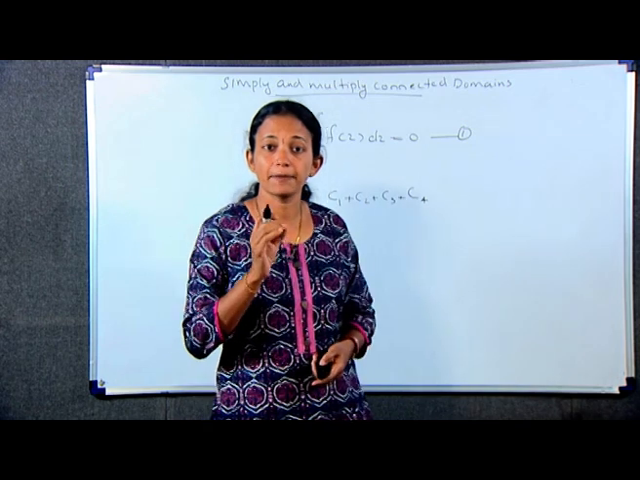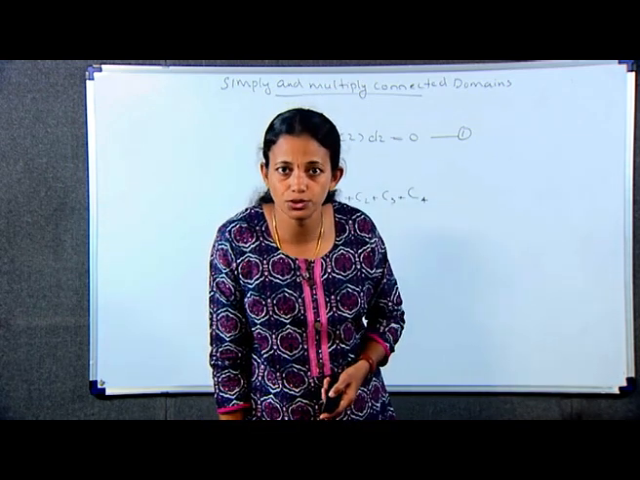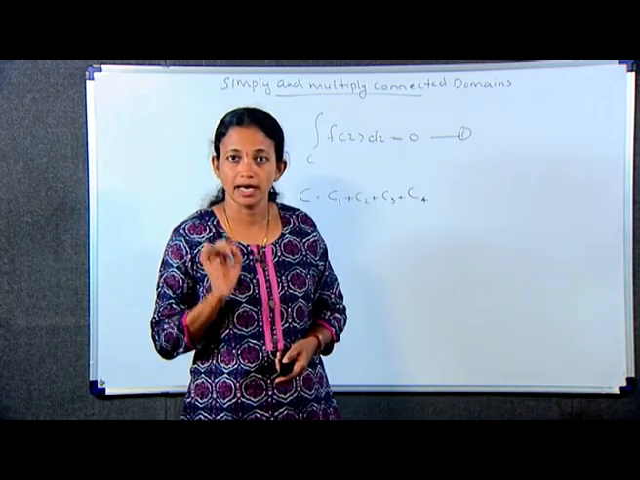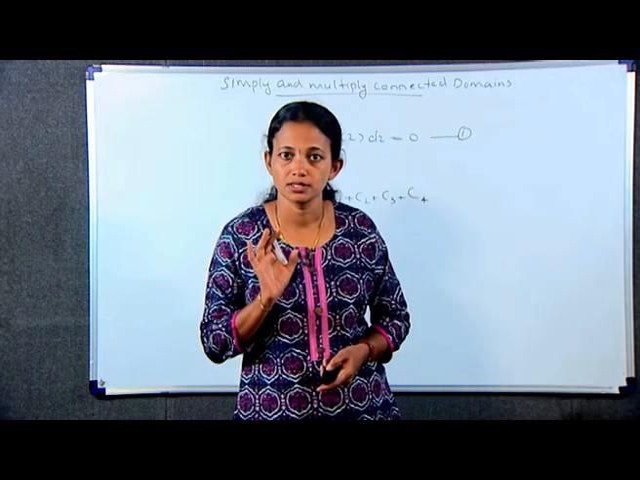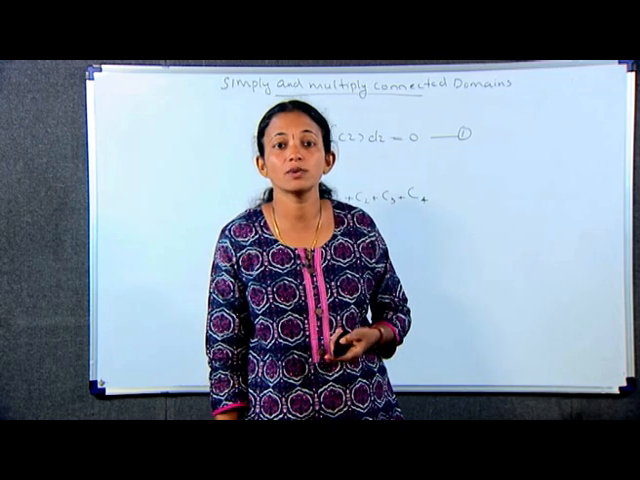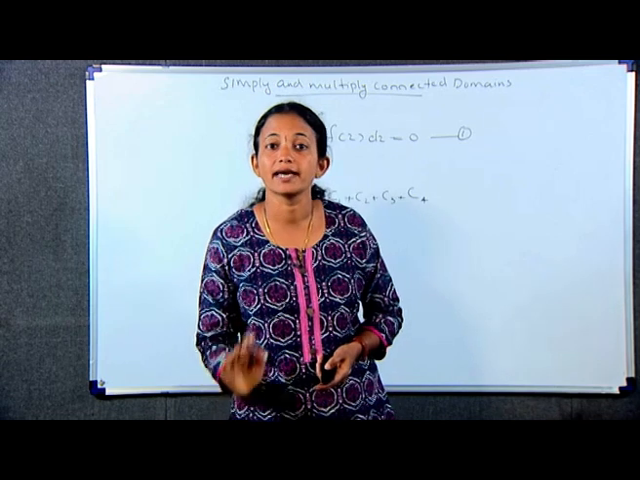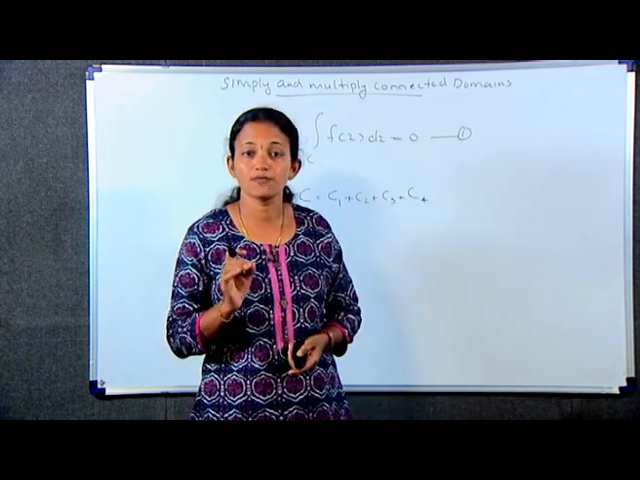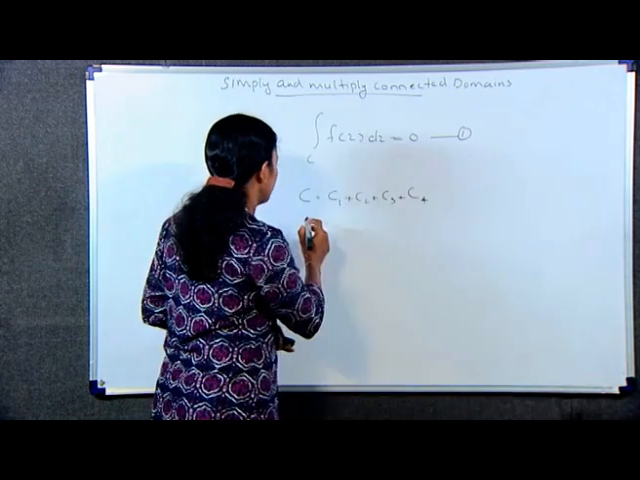But by applying the Cauchy-Goursat theorem to each of these simple closed contours, the value of the integral of f(z) around each of these simple closed contours Ck is 0. That is, the integral over Ck of f(z) dz is equal to 0, where k varies from 1, 2, 3, 4. Hence, it follows that the integral over C of f(z) dz is equal to